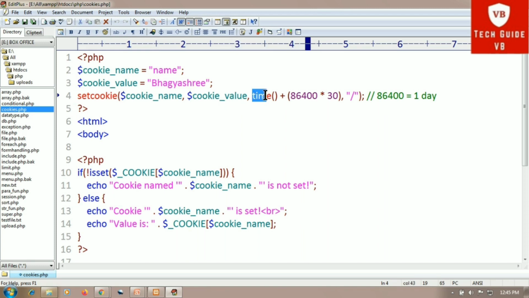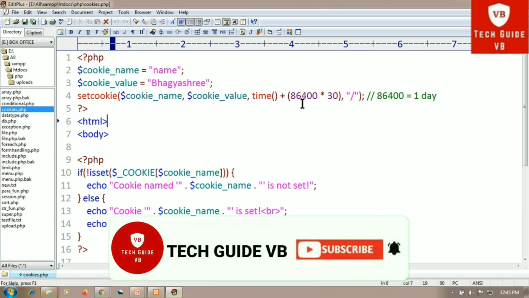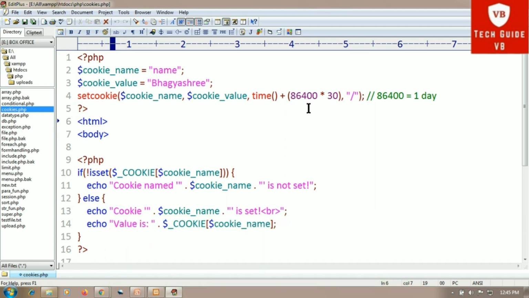Then time is the function used here, plus 86,400 into 30. So why 86,400? Because there are 86,400 seconds in one day.